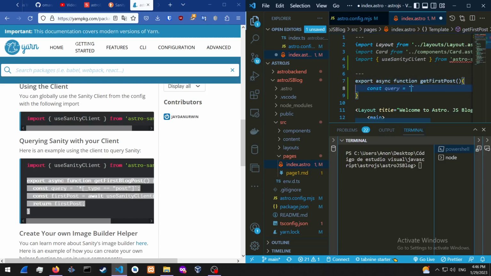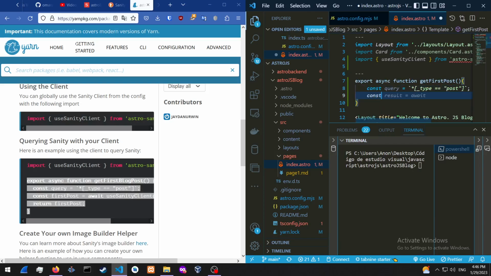We're going to open up parentheses, and then we're going to get the query type is going to be a post, or we could call it something else. But we want to call it post because it's going to be a blog post. So post,